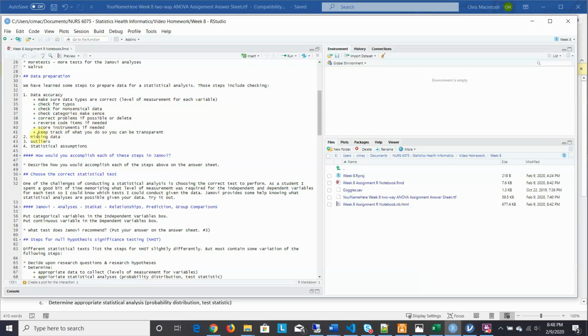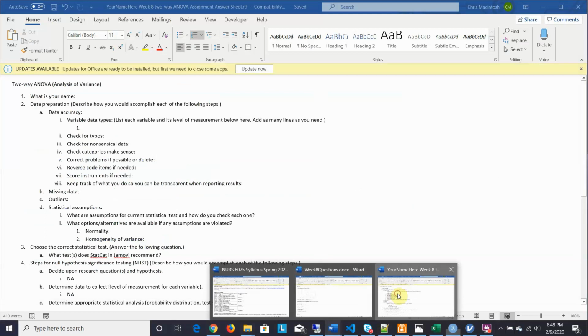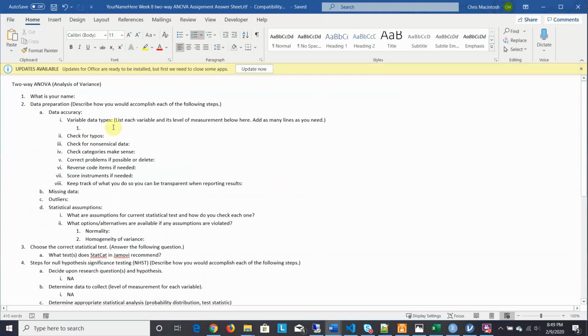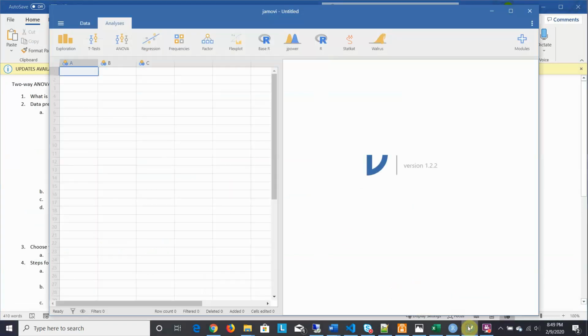We'll also look for any missing data, if there's any outliers, and decide what to do with them, and look at statistical assumptions. Let's just take a peek at our answer sheet and see if there's things you need to fill in. So our variable data types, and since we're going to look at that, why don't we go ahead and open our data set in Jamovi